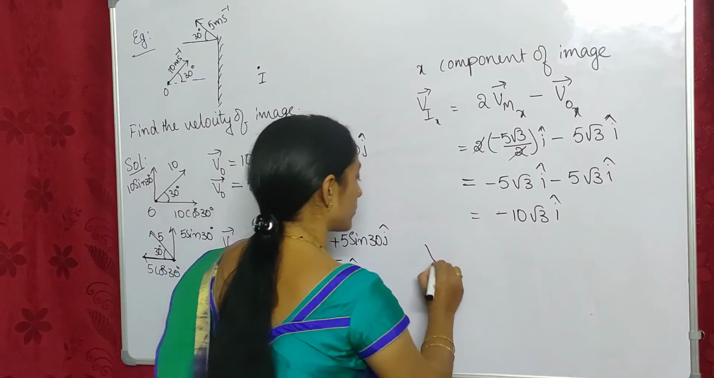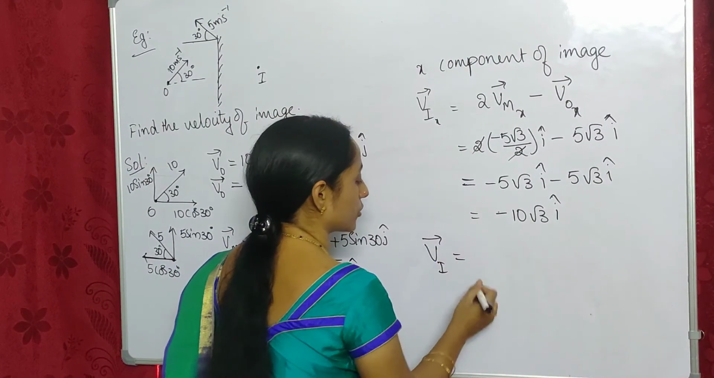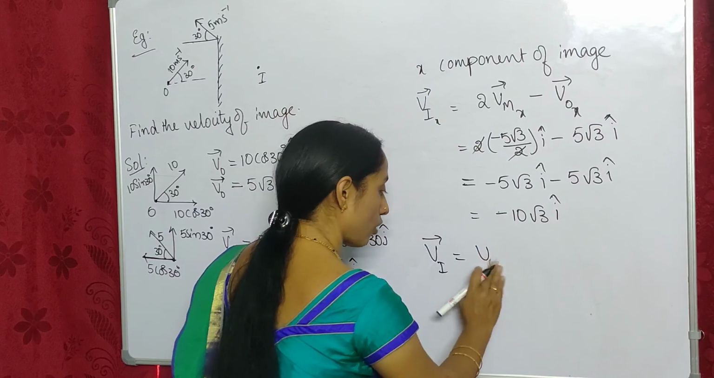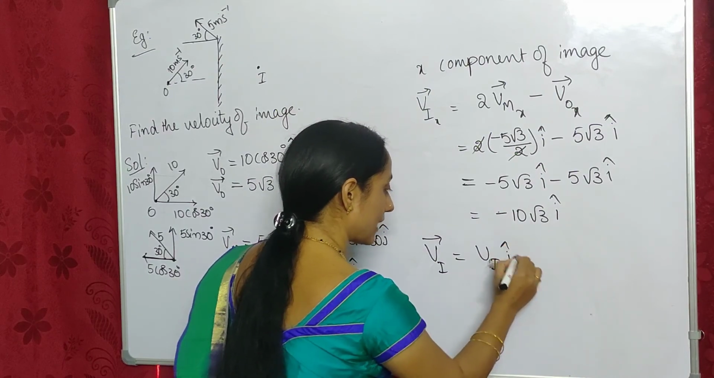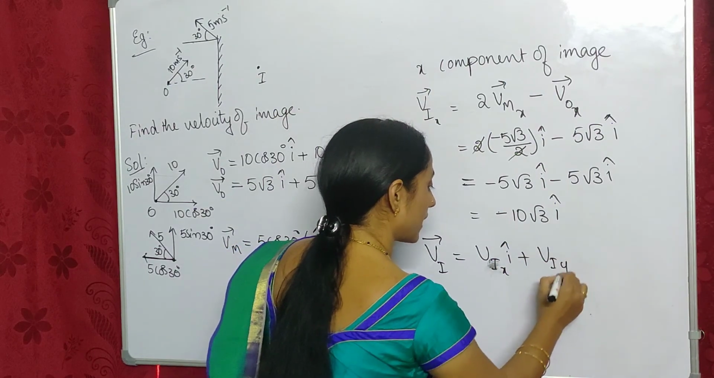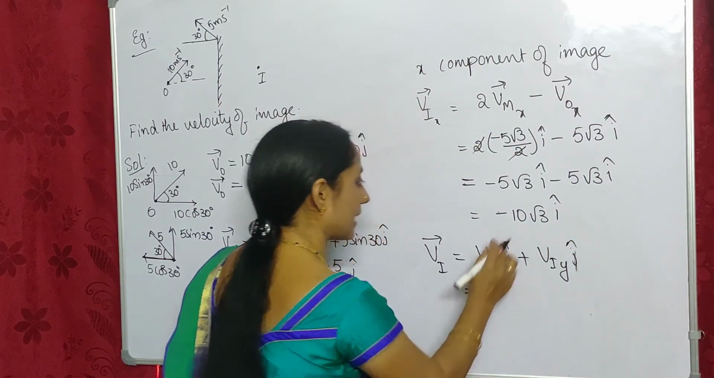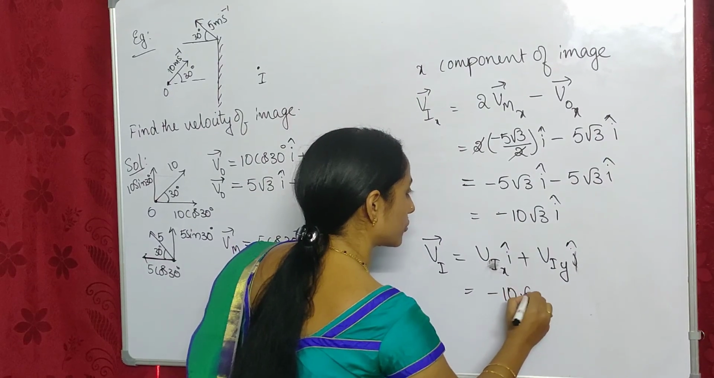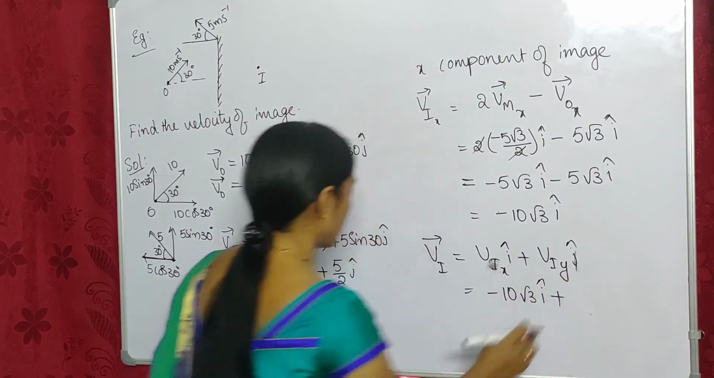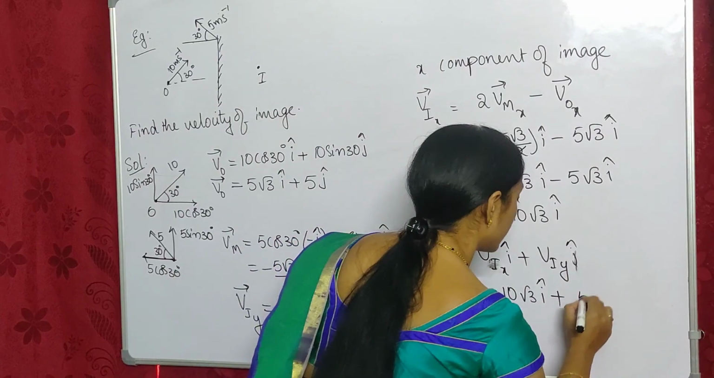So now we have to write Vi bar is equal to Vi of x component into I cap plus Vi of y component, so y component into j cap. So x component is minus 10 root 3 I cap plus y component is 5 j